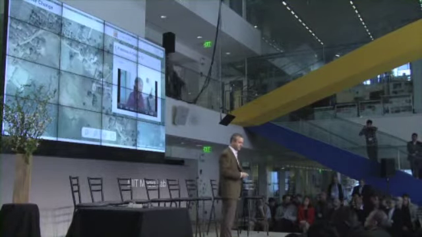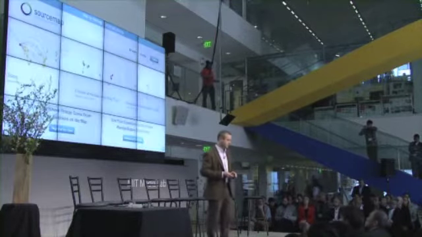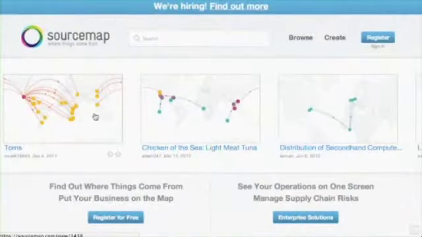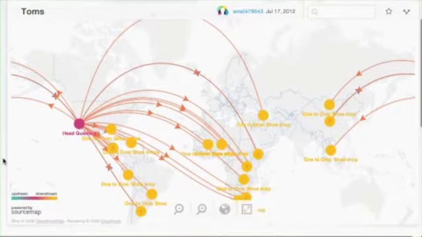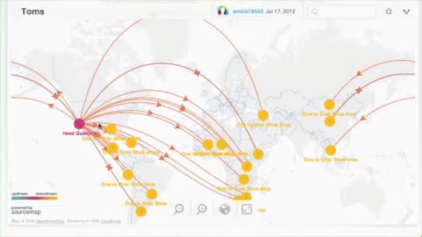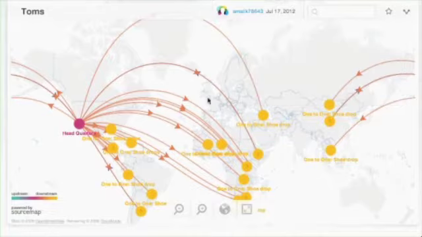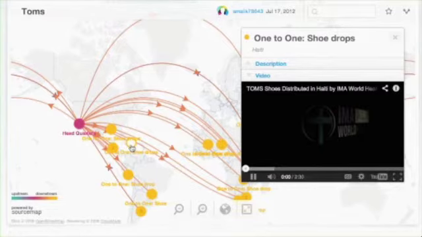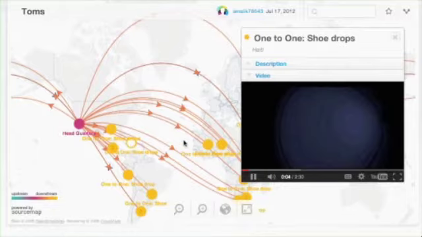So in typical Media Lab sense, we took this idea, showed it to the sponsors. And the sponsors, well, first companies just logged into the website, and the first question was, why would anybody log into a website and publish their own supply chain? We've been working for so long on software that keeps supply chains secret. Well, you can guess. So there are companies that are so proud of what they've done in terms of either social, environmental justice that they want to show it, that they're going to use it as a marketing tool, and companies like Tom's Shoes do that all the time. They just log in and they publish tons of data, which is great if you know what your supply chain